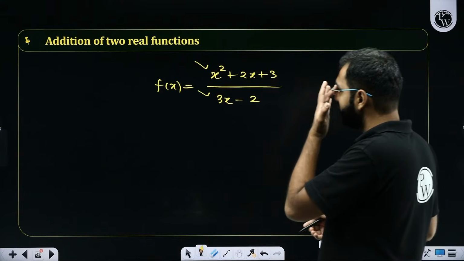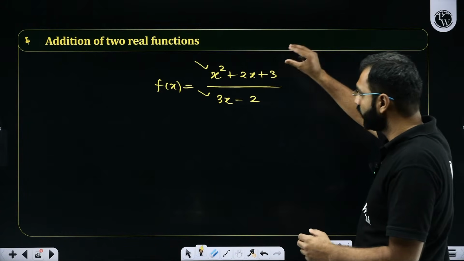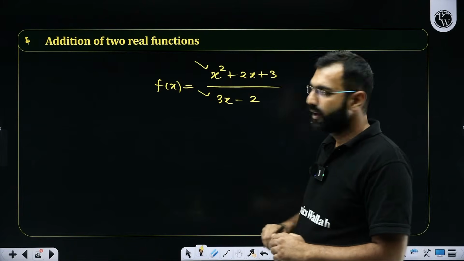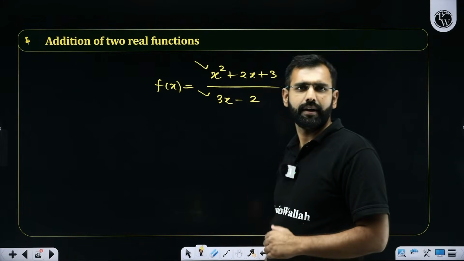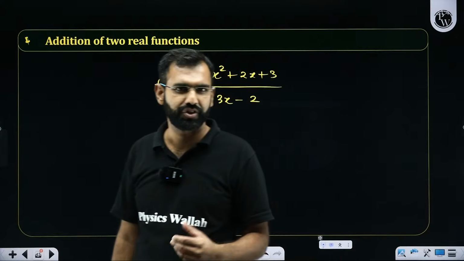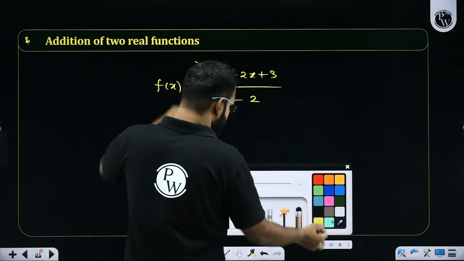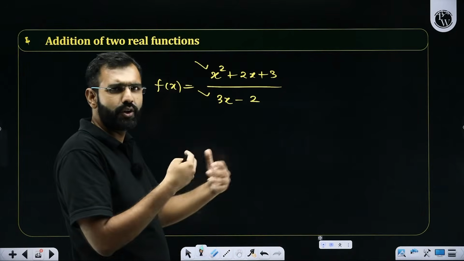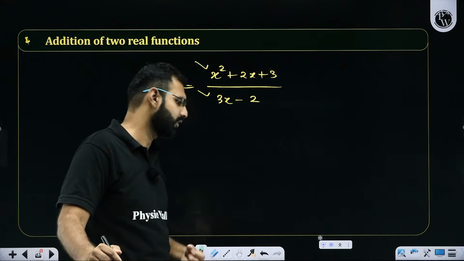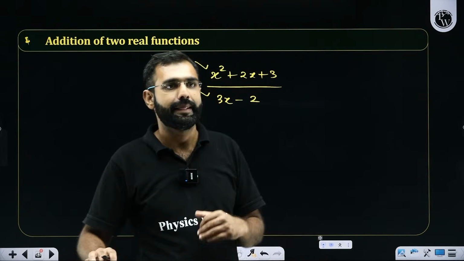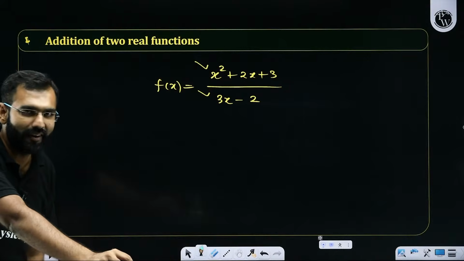So if I get back to this discussion, I am saying that if I did numerator upon denominator, which means a function got divided by another function, a quadratic in the numerator, another linear expression in the denominator, then what do we have here? Sir, we have a function upon function. So a function added to a function, multiplied to a function, a function subtracted from another function, or a function divided by another function. That's the algebra of functions. But sir, why are we really doing it?